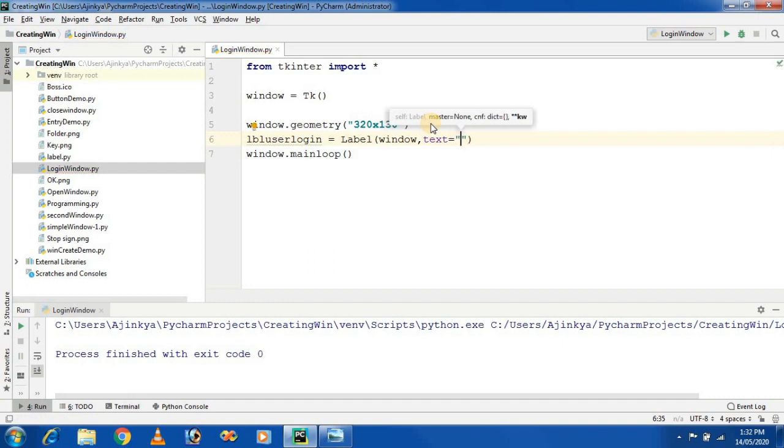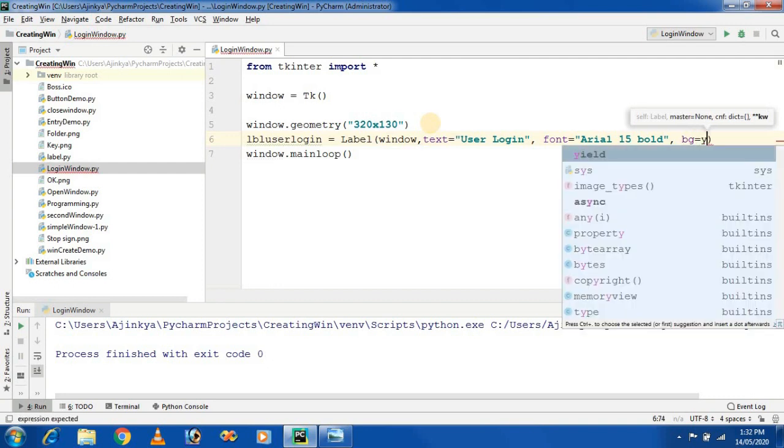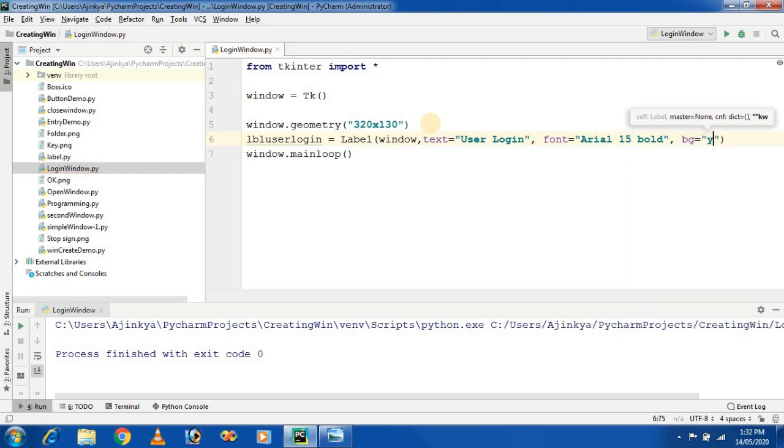I am taking the text as user login. Second, to change the font, font equal to, I am taking the font as Arial, font size 15, and it is bold. Third parameter, the background color bg, I am taking the background color as yellow.